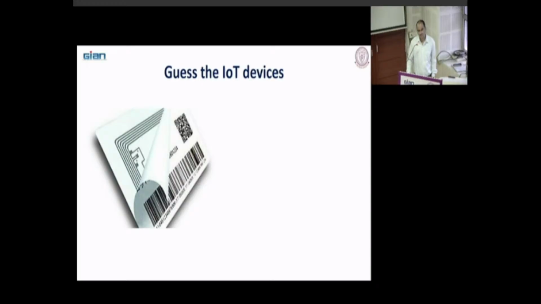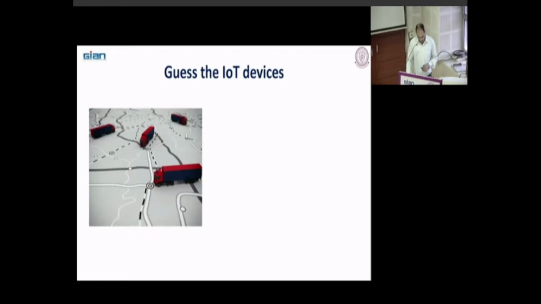Barcode, RFID. What does it show? For what purpose do you use it? Encoded version for the given. Yeah, encoded. So basically, to identify that object and to track that object, we use this RFID or QR codes.